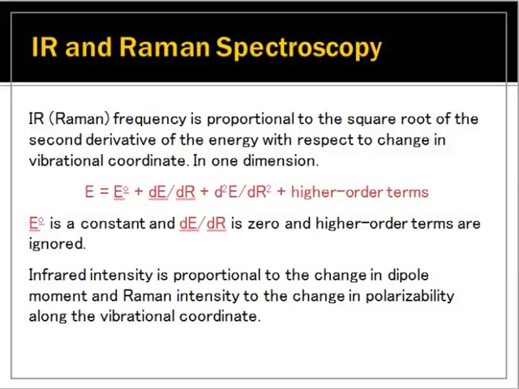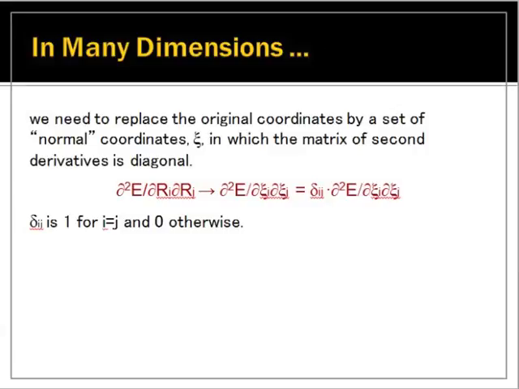The difference between Raman and infrared is the intensity. The infrared intensity is proportional to the change in dipole moment. The Raman intensity is dependent upon the change in polarizability along the vibrational coordinate. What I've done here is one dimension. In many dimensions,